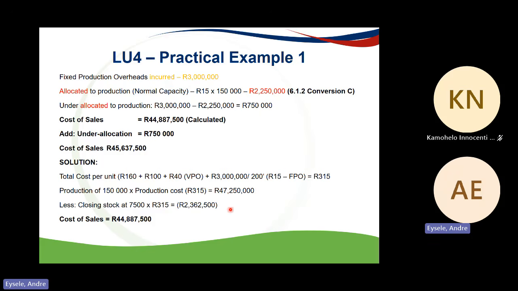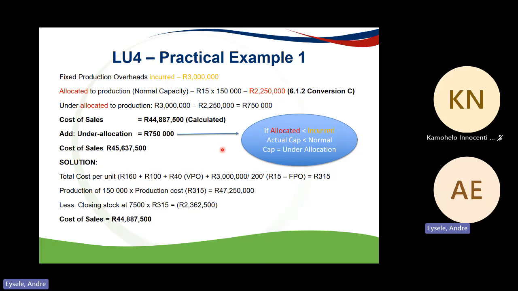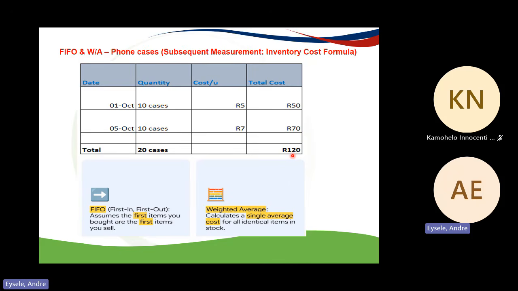Remember now, this is the figure disclosed in your statement of financial position for your closing stock, your closing stock value under inventory. Now, as I indicated, when allocated is less than incurred, or actual capacity is less than normal, you get an under allocation as explained. Let me continue. Now, that is your manufacturing units closed off. I said I will quickly look at the FIFO